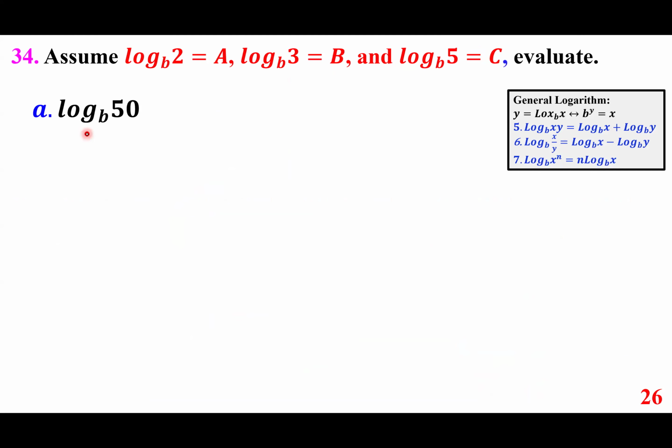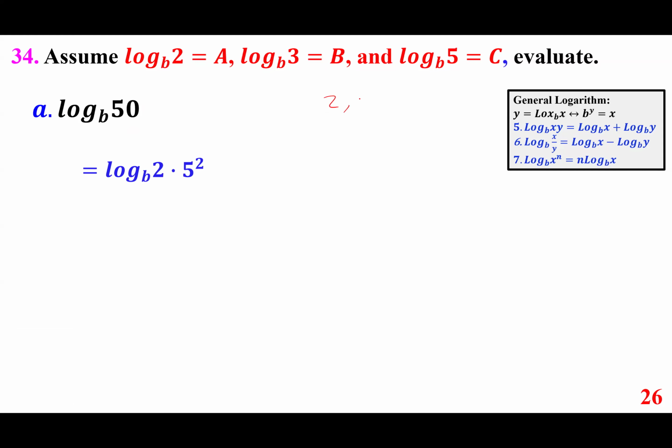Log base b of 50, and we are assuming log 2 base b is a, log 3 base b is b, log 5 base b is c. So we're going to evaluate this, which means we have to factor this. And I hope you recognize this as 2 times 5 squared, 2 times 25. If you don't recognize it,